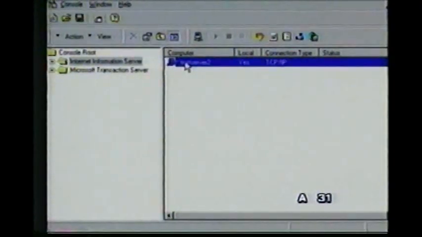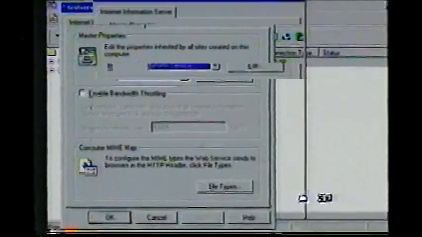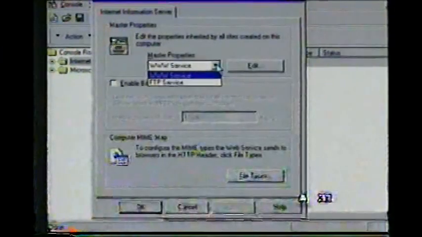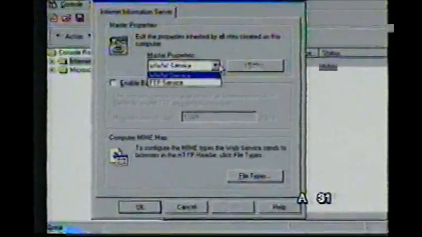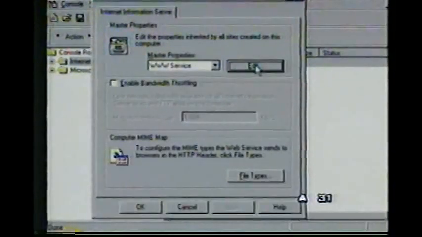You want to highlight the computer or the resource when you log in to the computer. You right-click on it. Then the properties tab gives us master properties for the various services. So let's take a look at the WWW service and the master properties associated with the service. Master properties. The difference between the master property